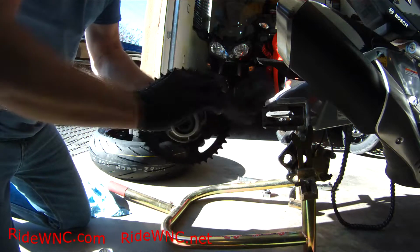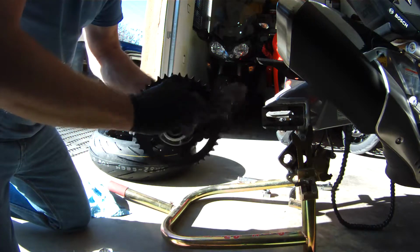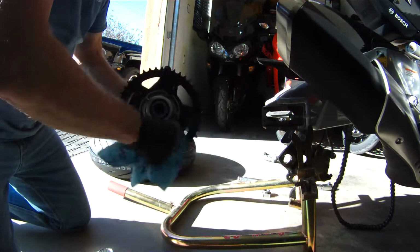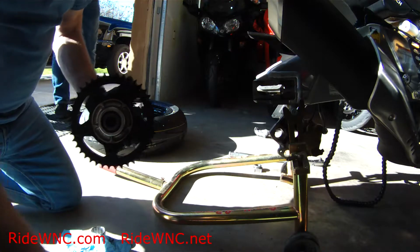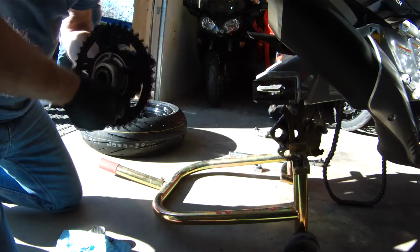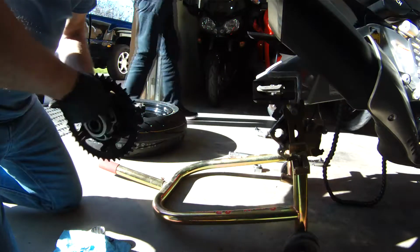is take some steel wool. You can use WD-40 on these, but these little pegs that go into the wheel, clean those up. You want those to be shiny and they need to be able to slide in and out of your rear wheel. So I like to clean them up, and then I put a very light coat of marine grease, and